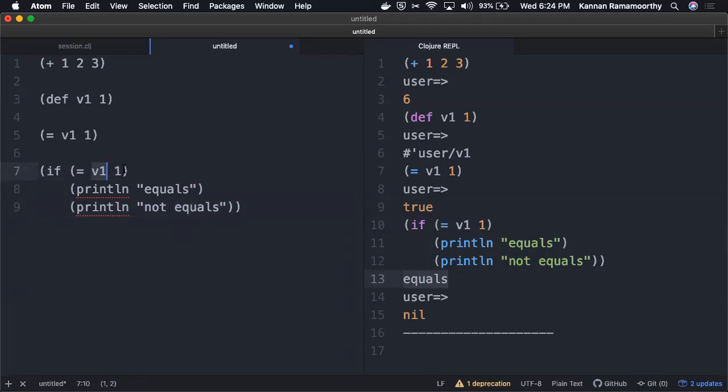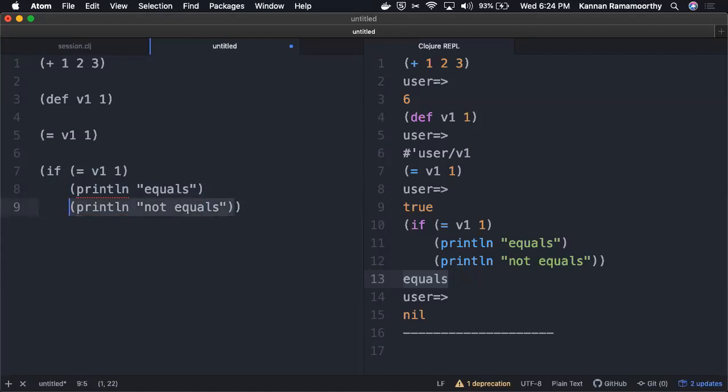As you see in all of these expressions, the syntax is consistent. You have operator followed by operands. This is consistent across all the statements. And if you take the case of an if-else statement, if is the operator followed by the operands. The first operand is a condition, followed by the operand which is evaluated if the condition is true, and the last one is executed if the condition is false.